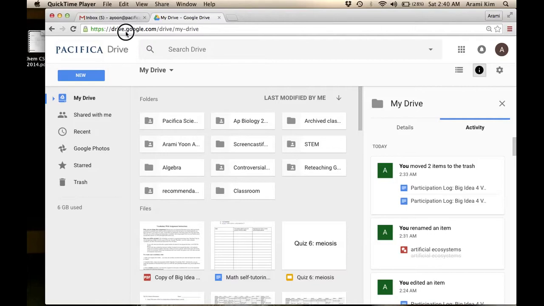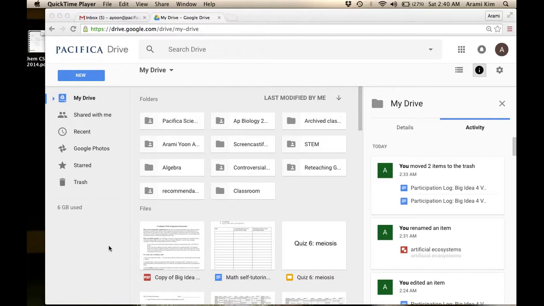This is the instructions for how to do the vocabulary wiki, and right now it's December 17th, 2016. I'm actually recording this as an update of the instructions for my current AP Biology class. If you're viewing this video for the summer assignment, then the instructions are almost exactly the same for you with